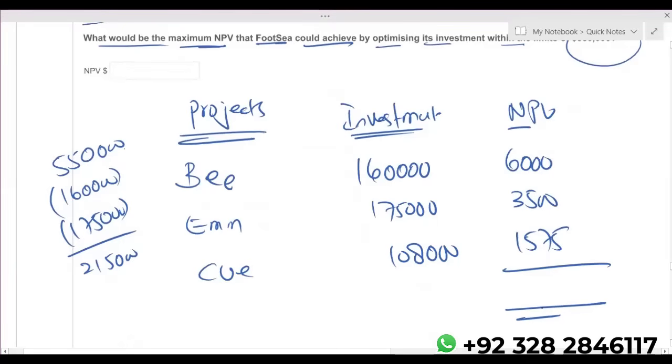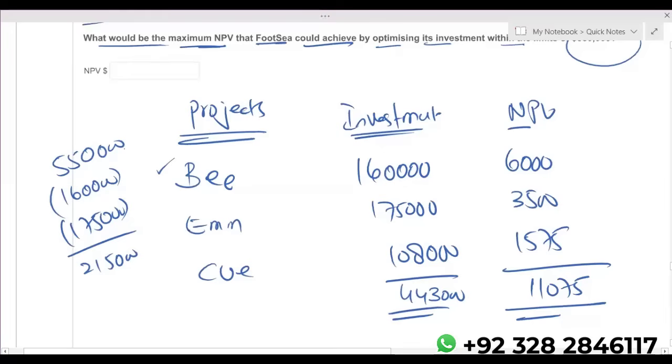Even without using the entire funds, the maximum NPV which can be generated is 11,075. 1,60,000 plus 175 plus 108. This is the amount which we have actually used. Why are we not going with A? Because project A and B both are mutually exclusive. Rule of OR will apply and we will opt for the project which has a higher profitability index. B has a higher profitability index. That is why we made the entire project mix with B.